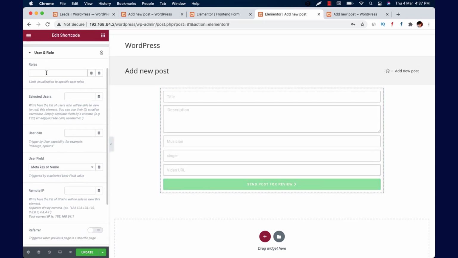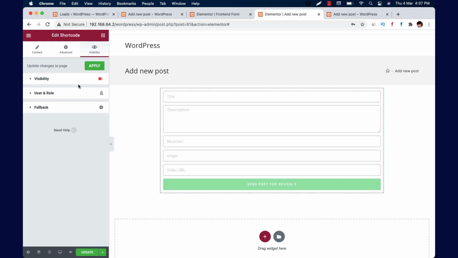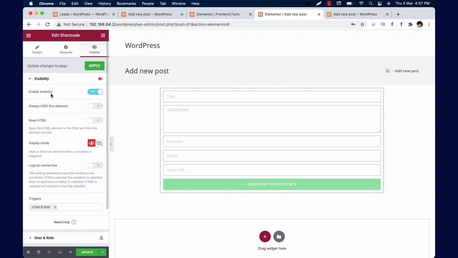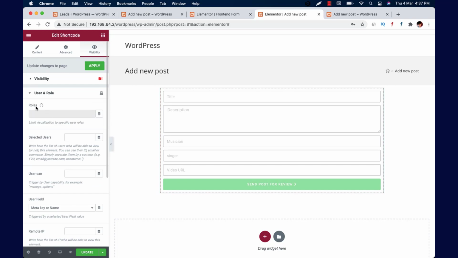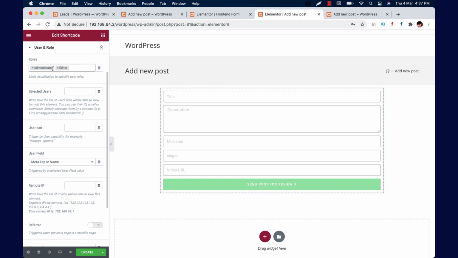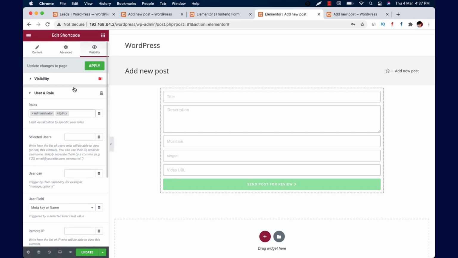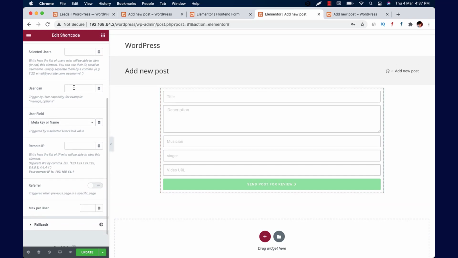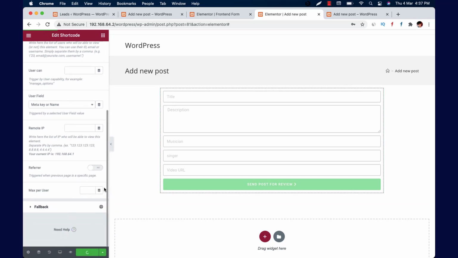and here you need to specify the role for which you want your form to be seen only, like a restricted form for those users. Like I have enabled the visibility, and it will show to the users who have the role of administrator. I can also use editor maybe, so my editor can also see this form. Any editor can be your guest user, or someone who wants to post guest posts. And let's update this now.